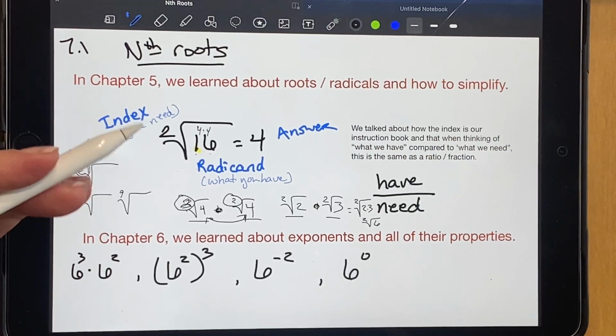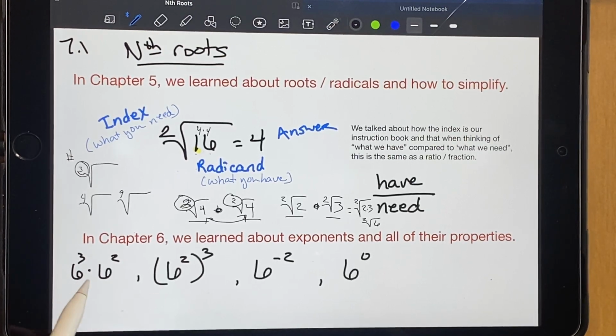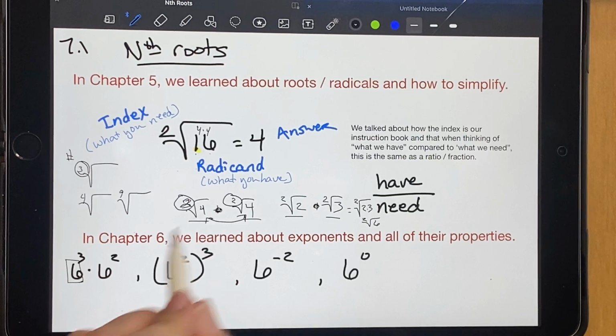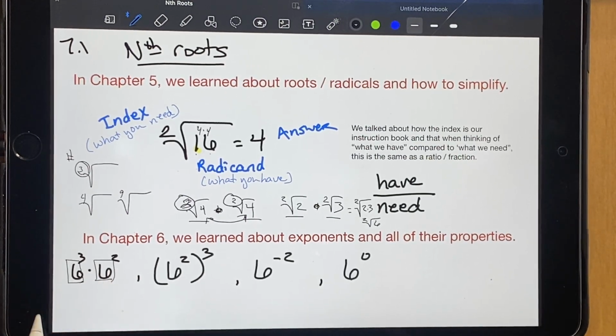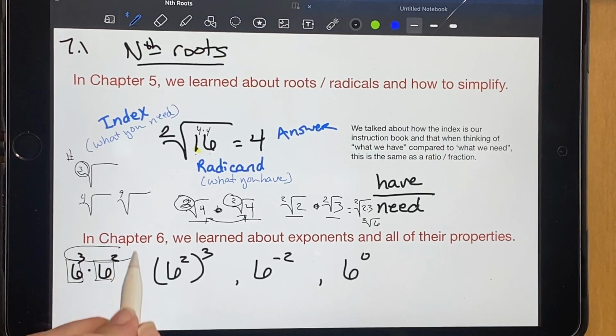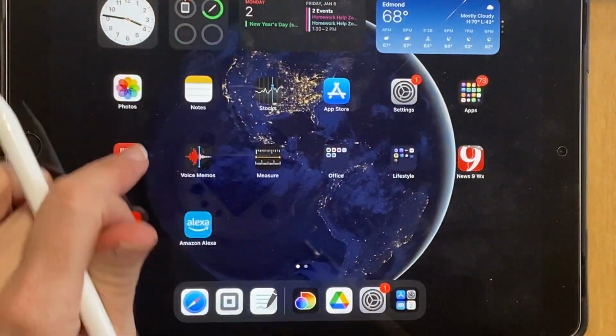So then in chapter 6, we learned all about exponents. We learned that when we have exponents, we have the base number, which then ties back into these roots. Again, same thing. We have this base number. When our base is the same, then there were special rules where we could add this. And that is the